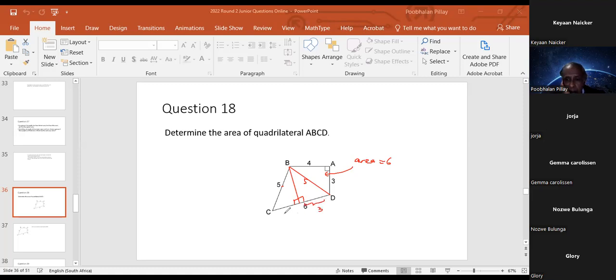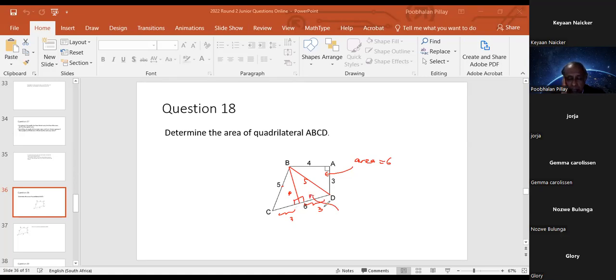This will be 3, this will be 3. Okay? And once again, you got 5, right angle triangle, 5 and 3. So this must be 4, that height. 5, 3, 4. And now you have the height of this isosceles triangle. It's 4. So the area of this